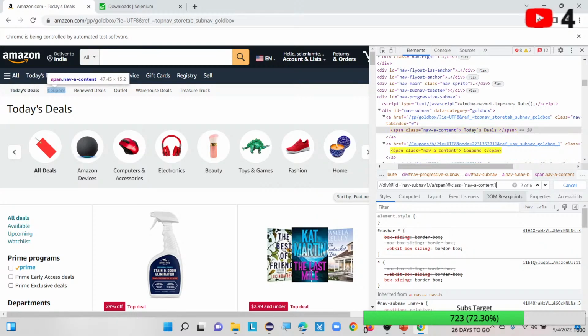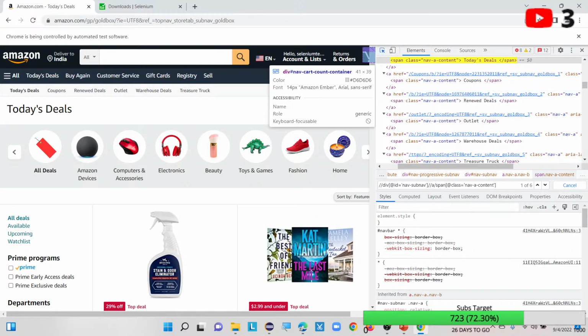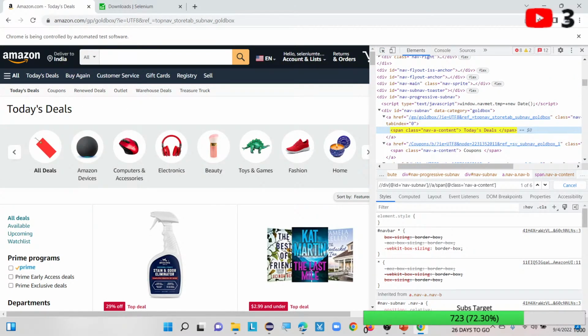Okay, see, you can see, right? See, now it is highlighting all the 6 web elements here, but I want only span at the rate class equals to nav content, and also we can use here and